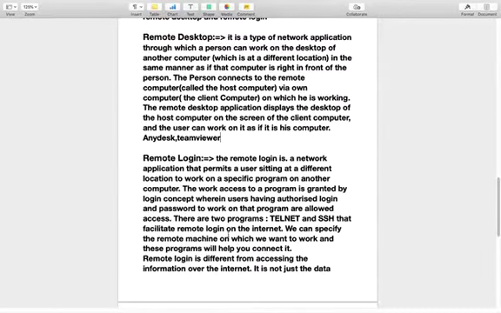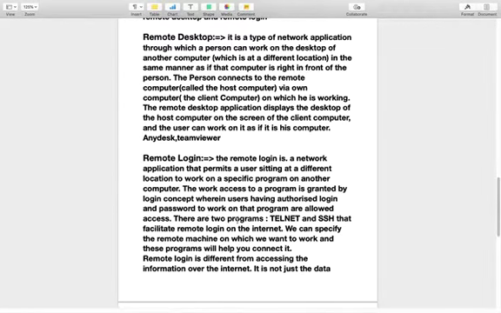Our second is remote login. Remote login is a network application that permits a user sitting at a different location to work on a specific program on another computer. Access to the program is granted by the login concept, wherein users who have an authorized login and password to work on that program are allowed access.